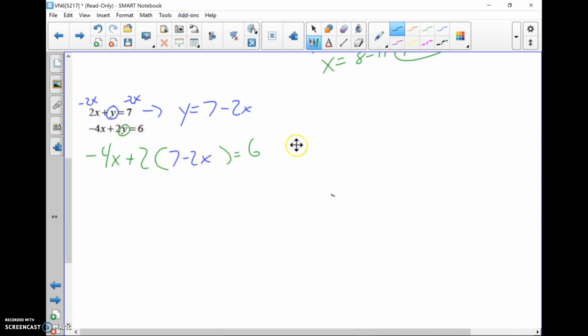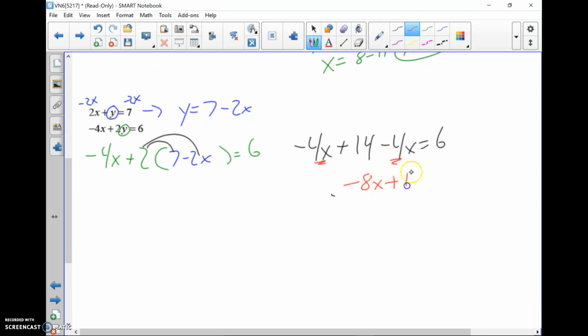Then I could go through the distribution here. This is going to become negative 4x plus 2 times 7, 14. 2 times negative 2x, negative 4x equals 6. Same side like terms, that's negative 8x plus 14 equals 6. Minus 14, minus 14. Negative 8x equals 6 minus 14, which is negative 8. Use your calculator if you're not sure. And let's see, divide by negative 8, divide by negative 8, and x is going to equal negative divided by negative,